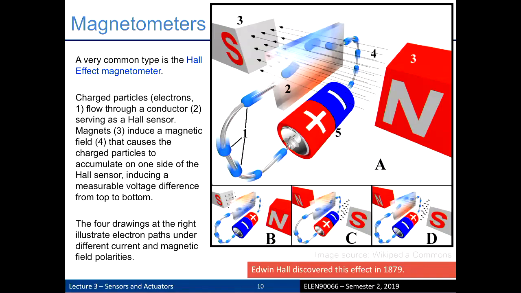So let's look at the big picture up here. It's a beautiful picture, but maybe it's a bit hard to work out what's going on. So you've got a magnetic field there, 2 poles of magnets, and a flat conductor. That's that rectangular thing in the middle. Now the idea is if we pump a current through that, if there's no magnetic field, and obviously there is a magnetic field, but if there's no magnetic field here,